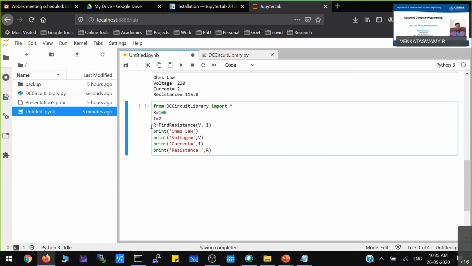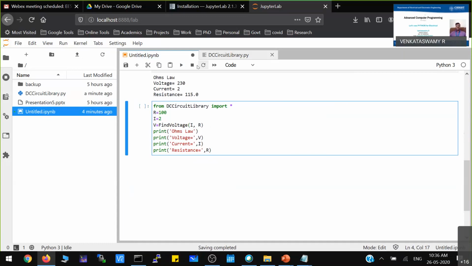Then my objective is to find voltage. So now you just have to change this function to my find voltage function. What parameters do you have to pass? You have to pass current and resistance, and you can find out the voltage.